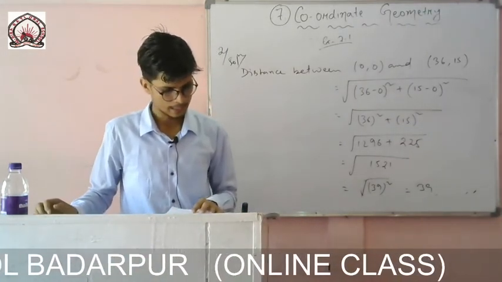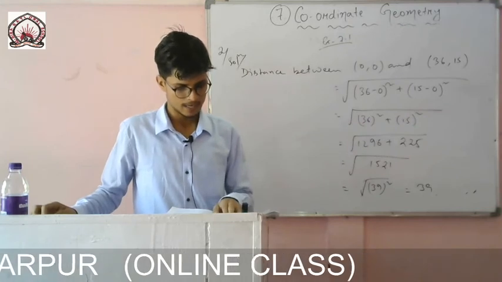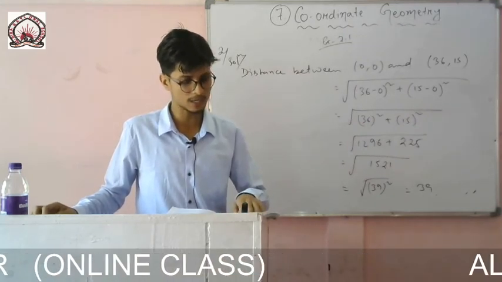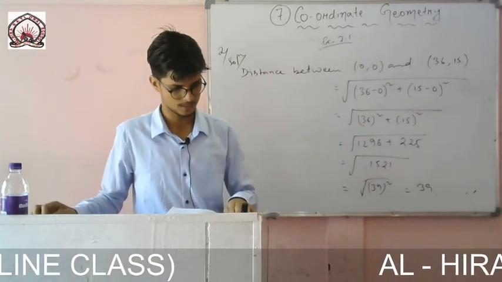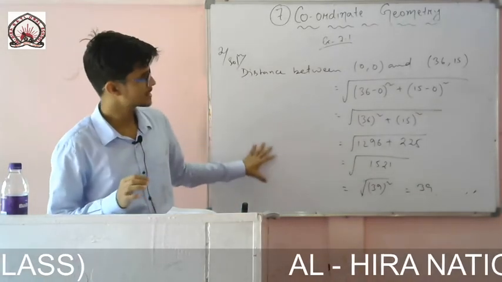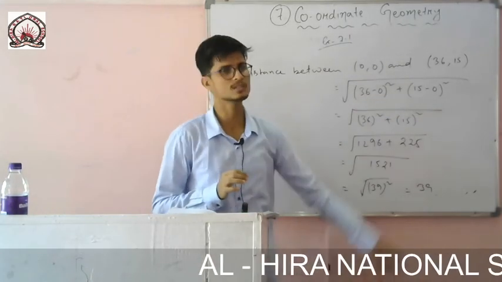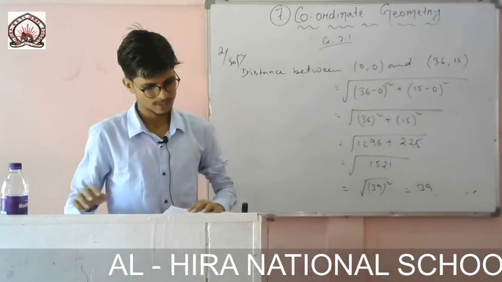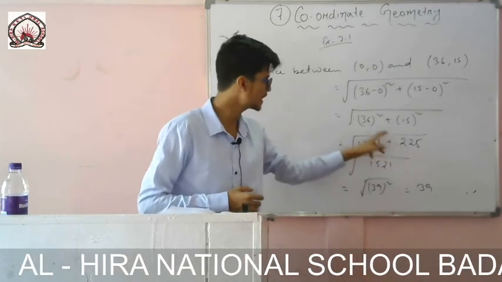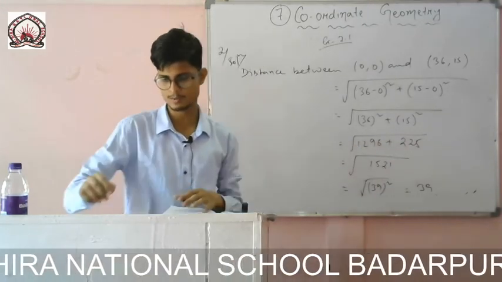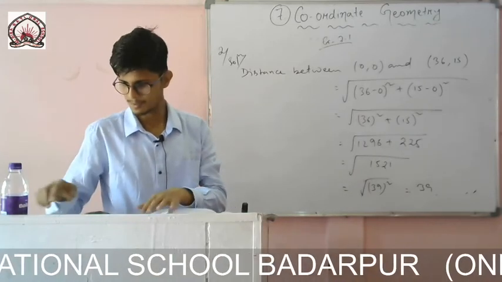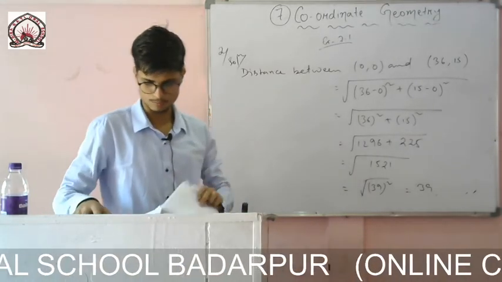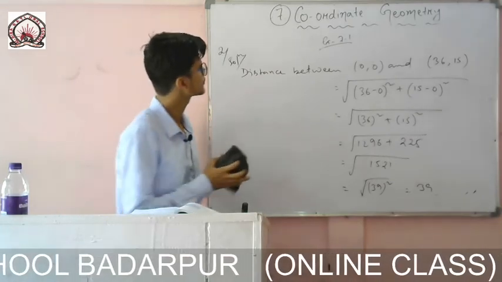Now you see the question, another part is given: can you now find the distance between the 2 towns A and B discussed? So now you have to find the distance between these 2 points. It will be the same, equal to 39. One time we have calculated, the same one we have to write. So you will name them and we will write it. 2, 3 more lines you have to write.